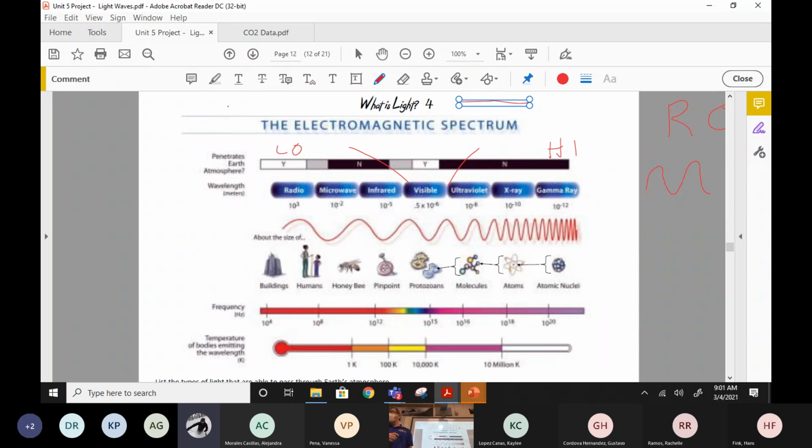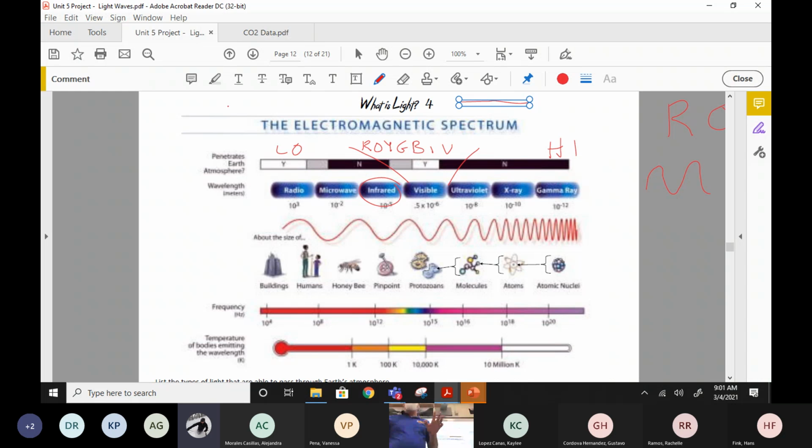Does that make sense? If we can see it, can you see red? Can you see orange, yellow, green, blue, indigo, violet? Can you see all those? Yes. And notice what's right next to red. Right next to red is infrared. Infra means below the red. Its energy is a little less than red light.